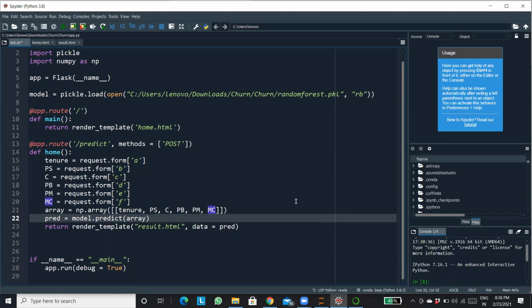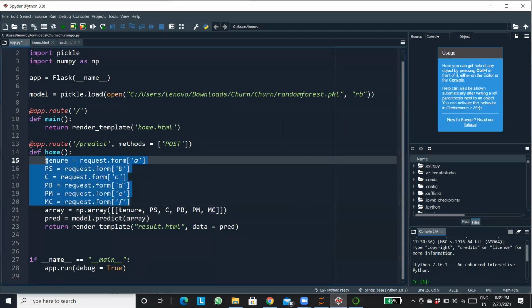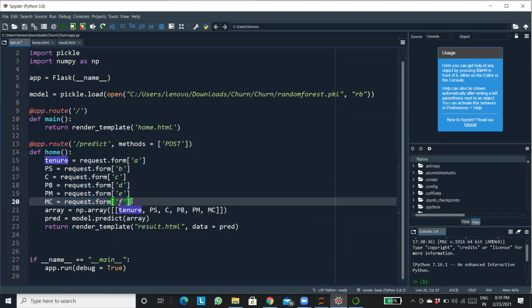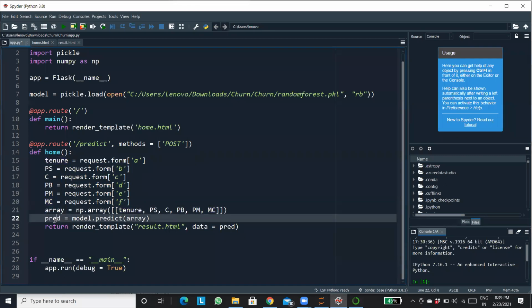If you want to clean and pre-process the data, should that happen in the home function after getting the inputs? Yes, if you want to do that pre-processing part, it needs to be done in the home function. After you collect the data, you will do the pre-processing if required. Most of the time, it won't be required. Then you convert it into the array and put it in the prediction. Getting my point, Samta?